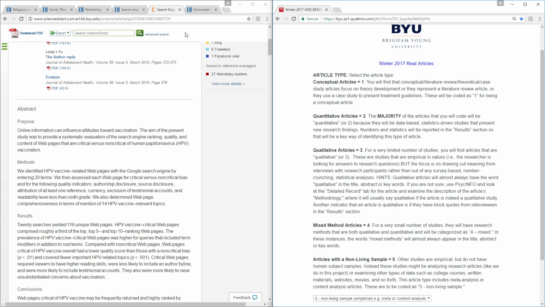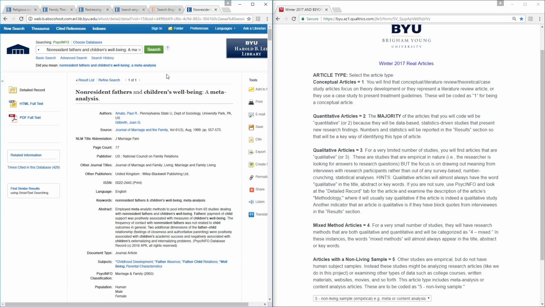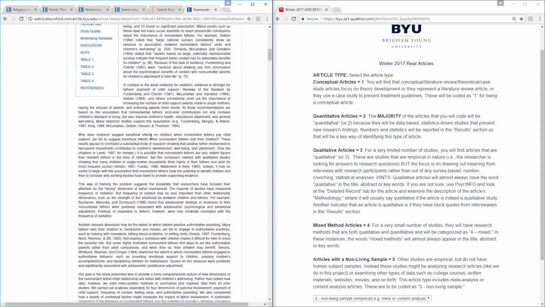Also in the number 5 category are meta-analyses. These will be studies that combine past research using the data of these articles to create a conglomerate or super study. So in the method section of this article,